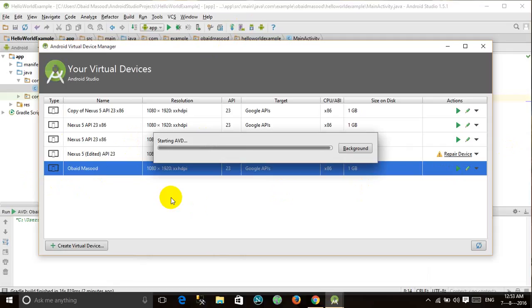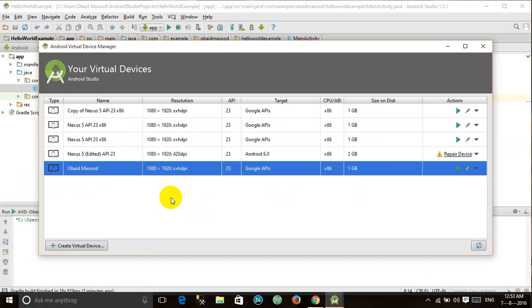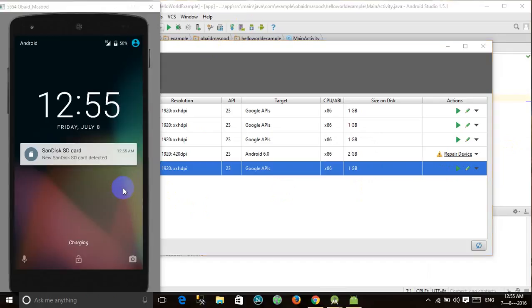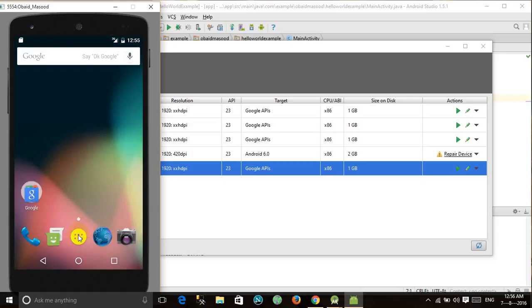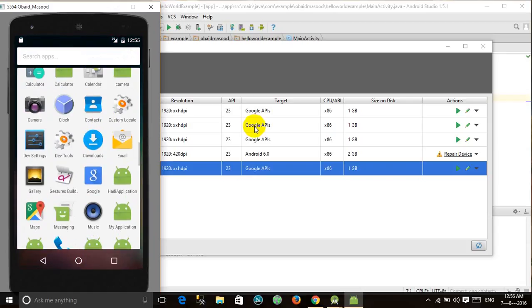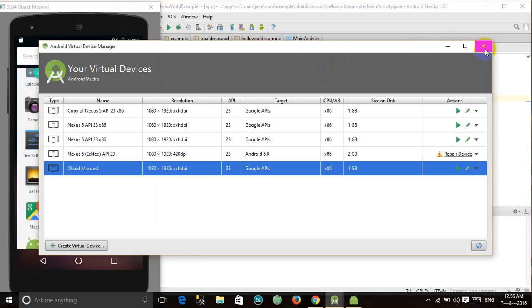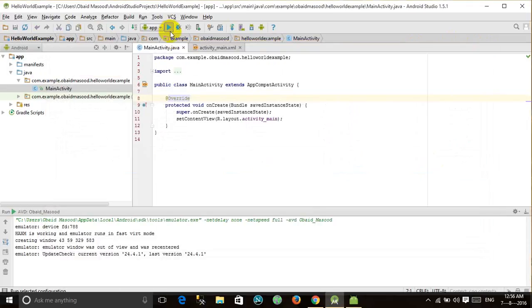As soon as it gets started, I will start the video. Guys, the device is fully loaded and launched, and here it is. And let's run our project. To run our project, we click on this run app or Shift plus F10, and again